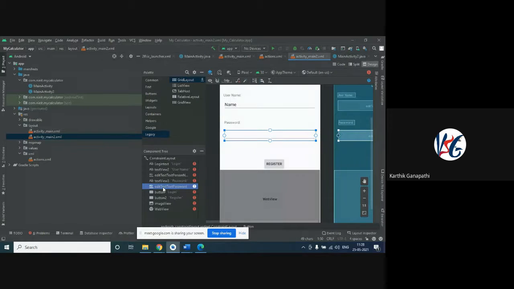Let me try. Next comes the grid view. As we have the grid layout, in a similar way we have the grid view. Grid view is something like, I can give you one example, a photo gallery. In a photo gallery you can see all the images, irrespective of their different sizes, arranged in a sequential and uniform pattern.